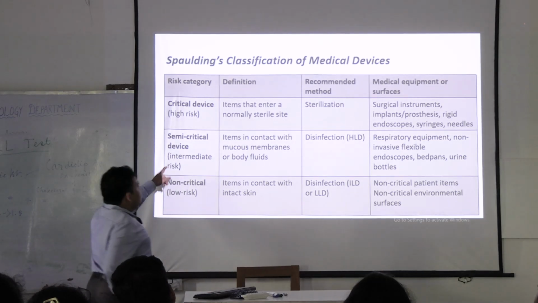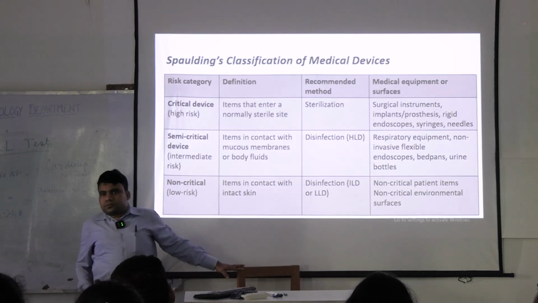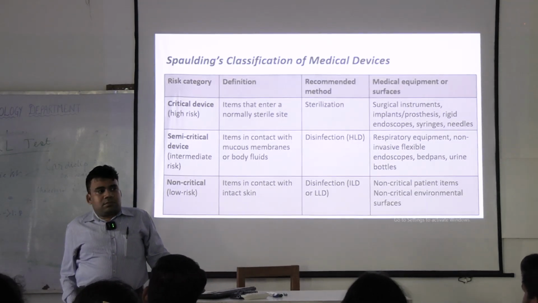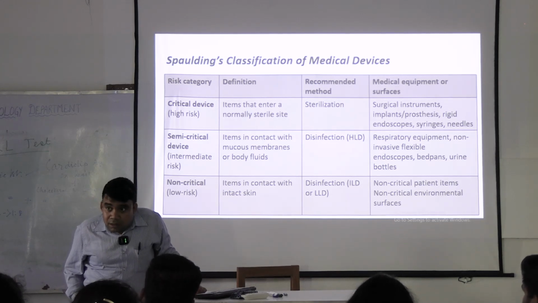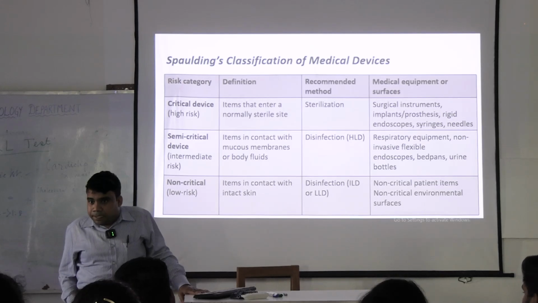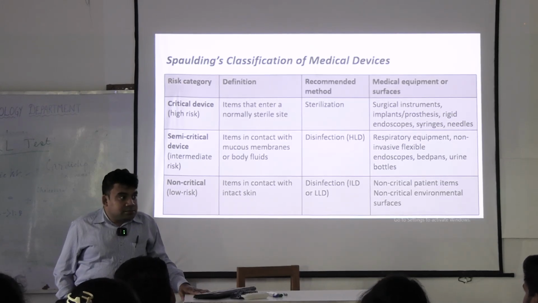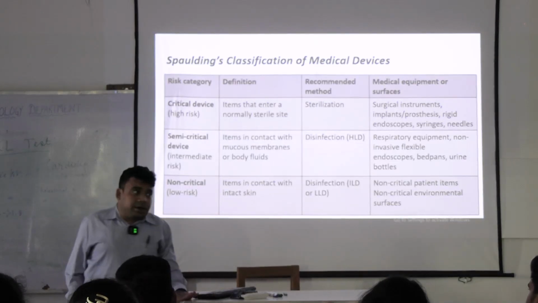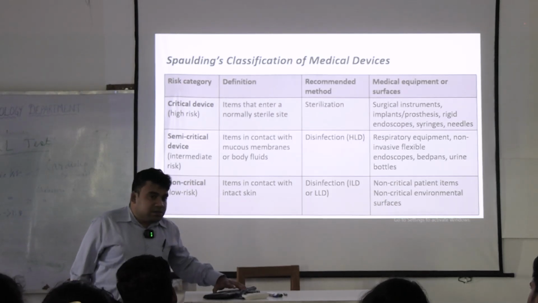Next comes the semi-critical. It comes in contact with mucous membranes or body fluid. What are these sort of instruments? No. Needles enter sterile areas of the body. Which catheter? No. Urinary catheter enters into the urinary bladder. Urinary bladder is a sterile area. Then